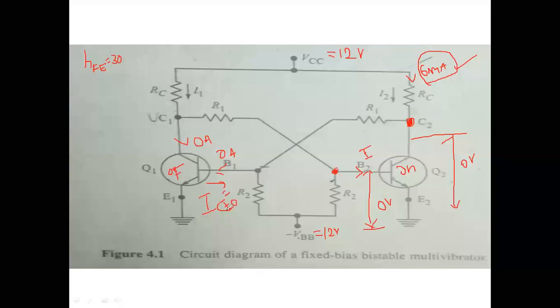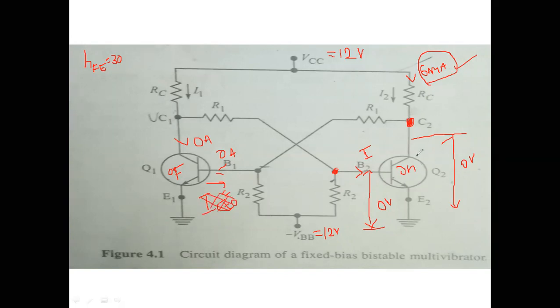This current is temperature dependent, because it is a current due to the minority charge carriers, which depends upon the temperature. When the temperature changes, this current value will change. Therefore, I am not assuming this current, because it is temperature dependent. It is not a constant value, so we are unable to assume this current.